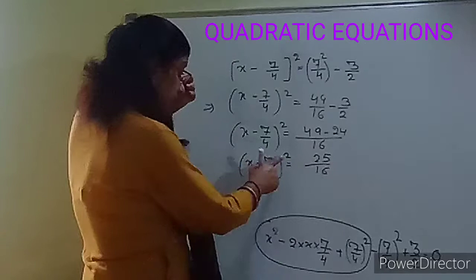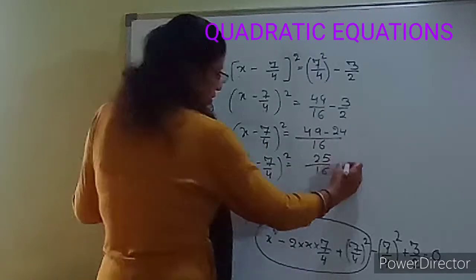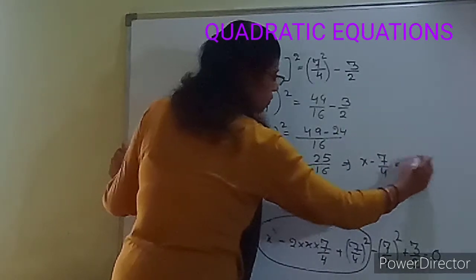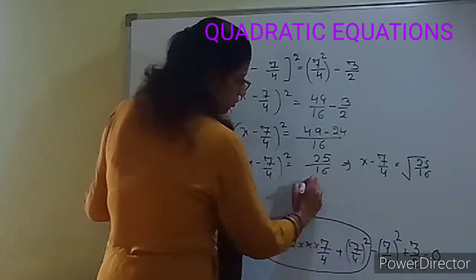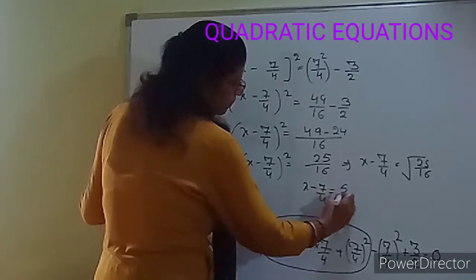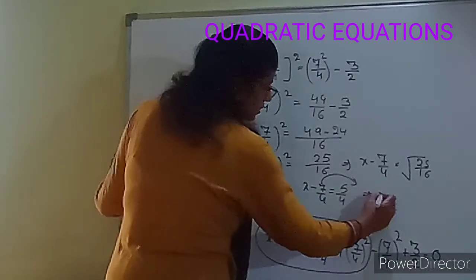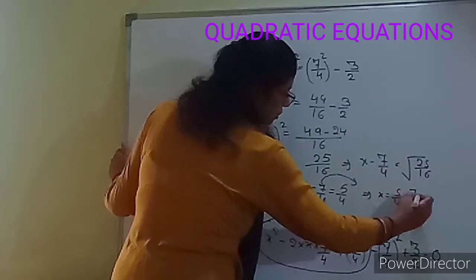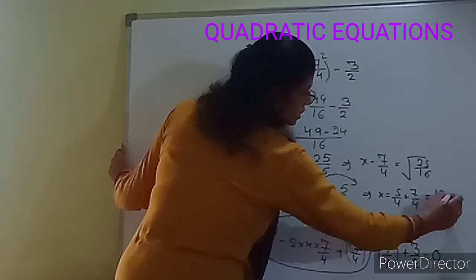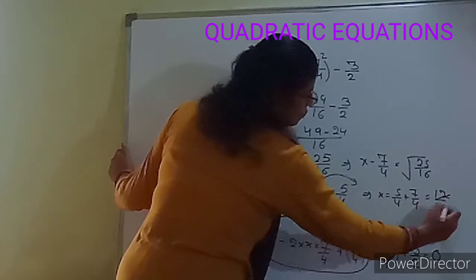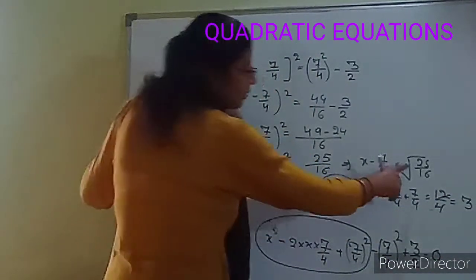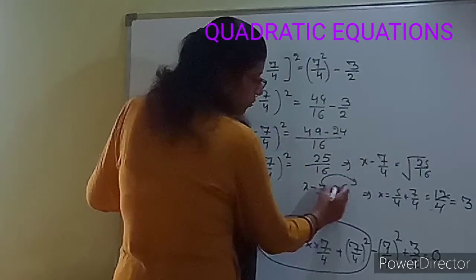Then square you will send that side, it will become square root. So you will get x minus 7 upon 4 whole square, you will send that side, square root of 25 upon 16. What you will get? So we are getting x minus 7 upon 4 equals to 5 upon 4. This you will send this side. So x equals to 5 upon 4 plus 7 upon 4. 12 upon 4. So 12 upon 4 means 4 3s are 12. So value of x you are getting 3. But here one mistake we have done. What? Whenever we are opening the square root, the value will come plus minus.